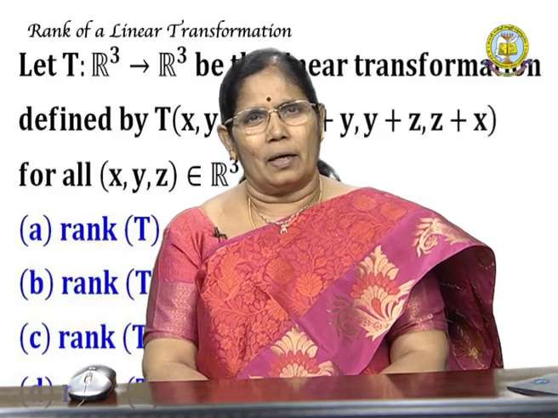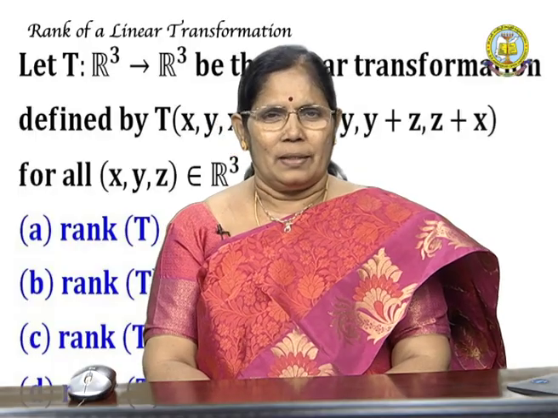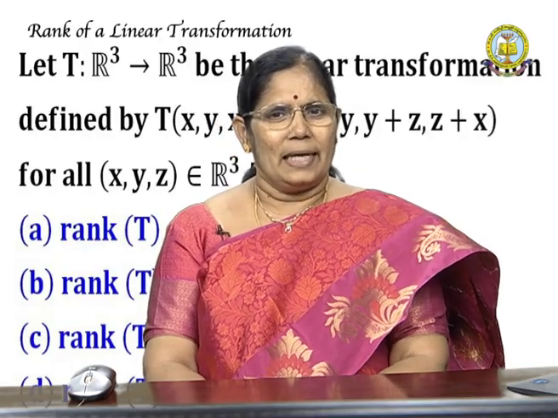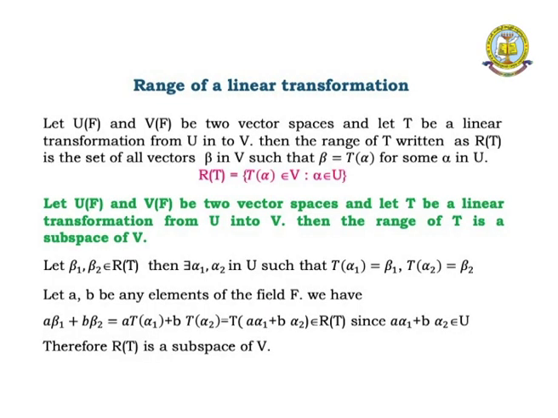Let beta 1, beta 2 belong to range of T. Then, by definition of the function, there exist pre-images alpha 1, alpha 2 in U such that T of alpha 1 equals beta 1 and T of alpha 2 equals beta 2. Let A, B belong to F. Then A beta 1 plus B beta 2 is A into T of alpha 1 plus B into T of alpha 2. You apply linear transformation, it is nothing but T of A alpha 1 plus B alpha 2, which belongs to range of T,